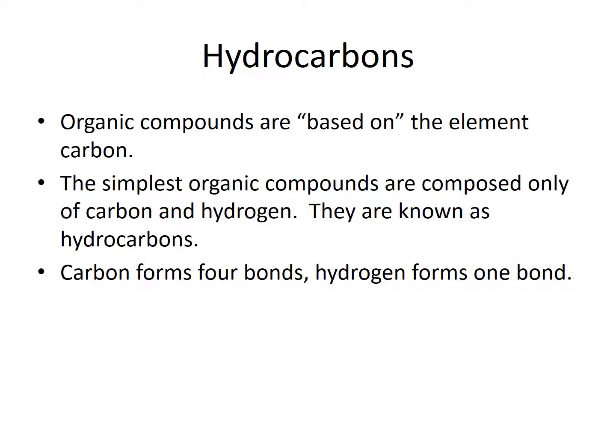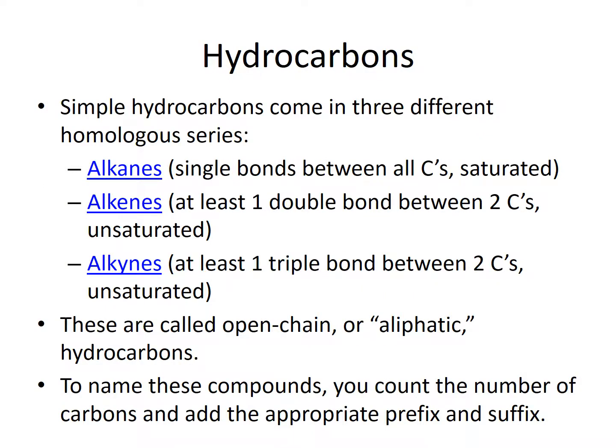You must keep that in mind. Always forms 4 bonds. It's very, very important. If it's attached only to hydrogen, hydrogen can only make 1 bond. So you've got to be able to count up how many carbons and hydrogens you have. The simplest of all the carbon compounds are the alkanes, the ones that have only single bonds between